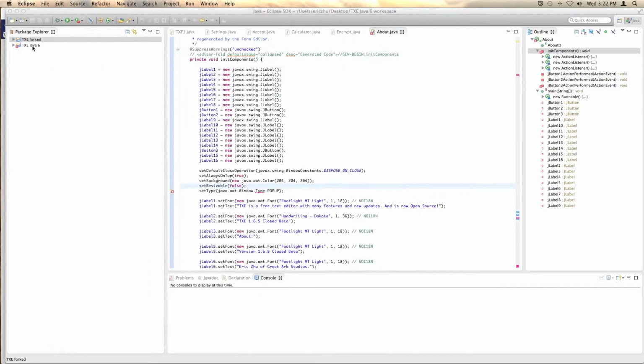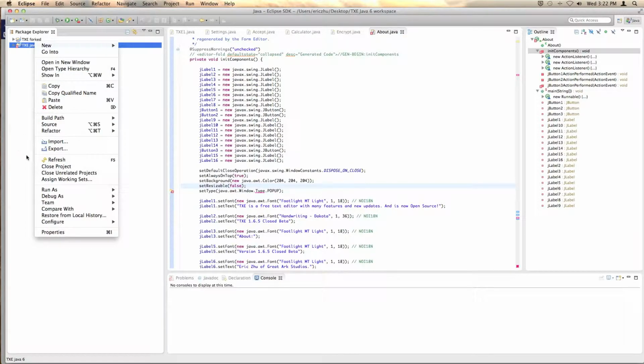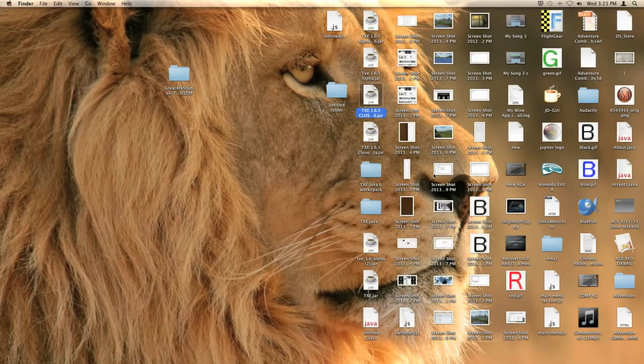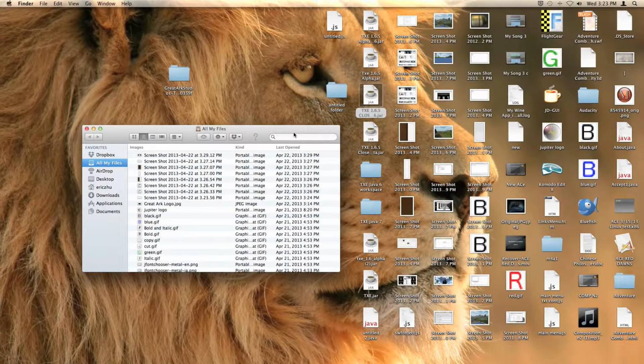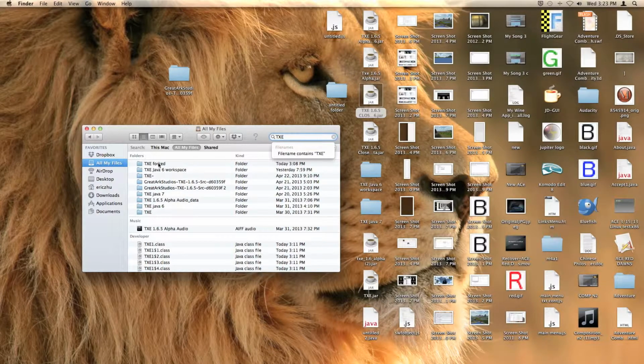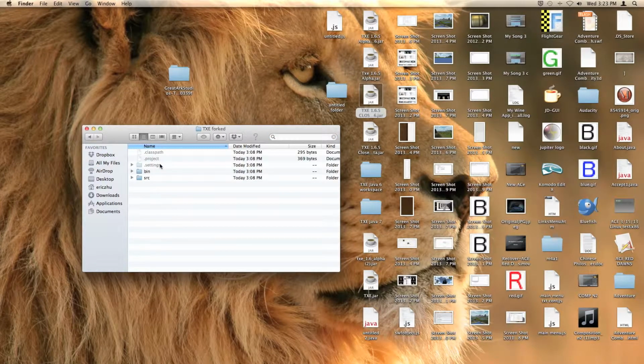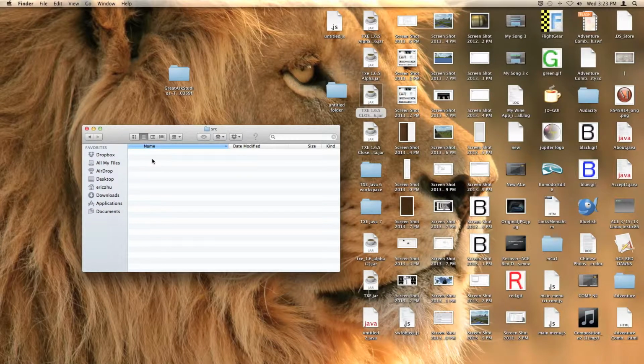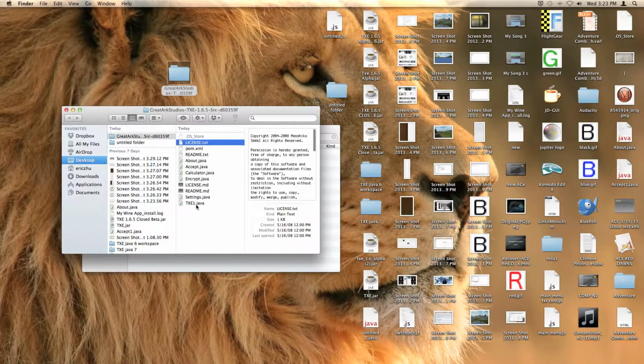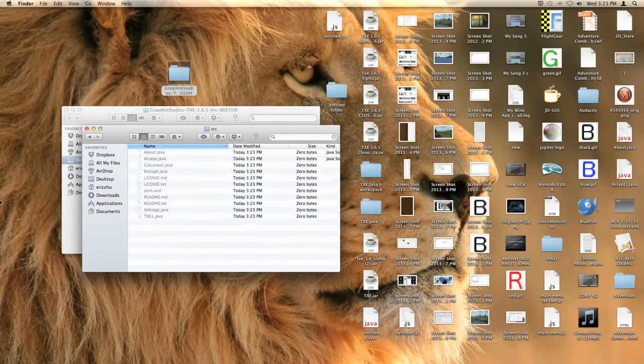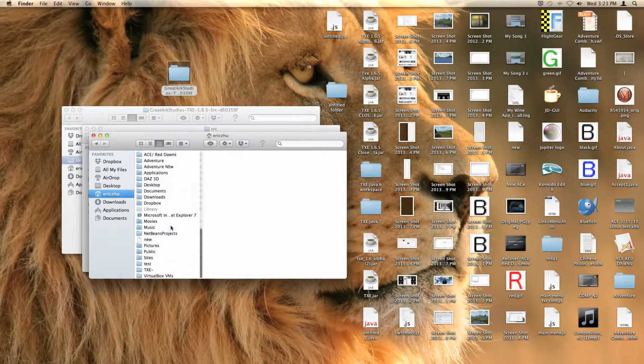Actually, that won't work. I guess we'll just need to make a new one called TXE Fort. Right. So we're going to go into SRC and then go find copy, paste, and then make a new file, and then go